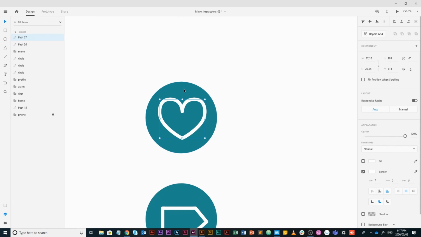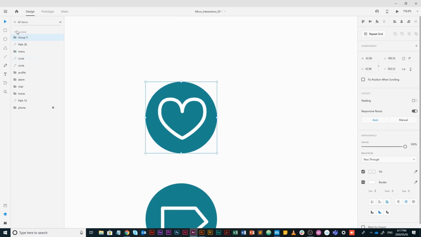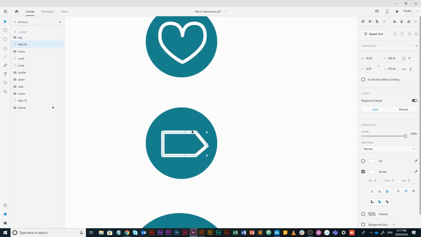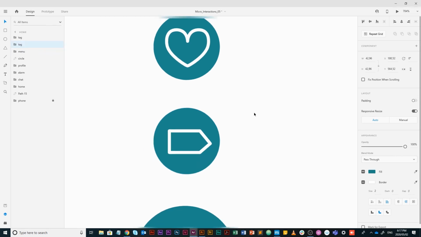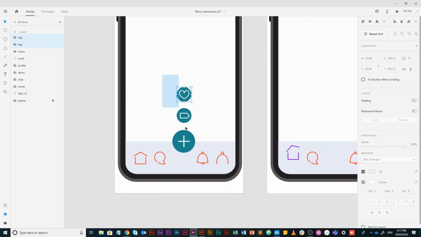So these two is going to be grouped and they're going to be tag. Now both it's going to be a path and a circle, so that's all good. Tag is a path plus the circle is also a path. I'm going to group it and that is tag. Okay, now what I'm going to do is I'm first going to copy